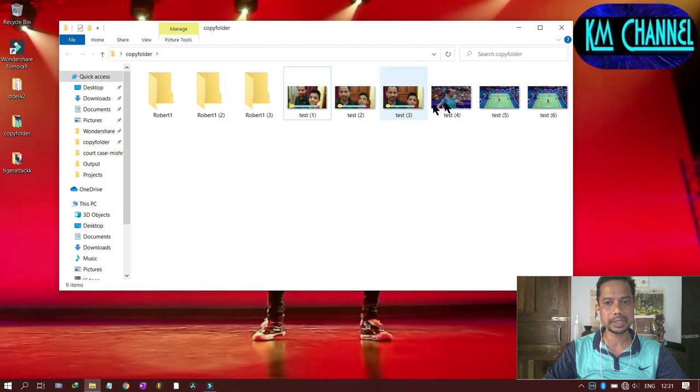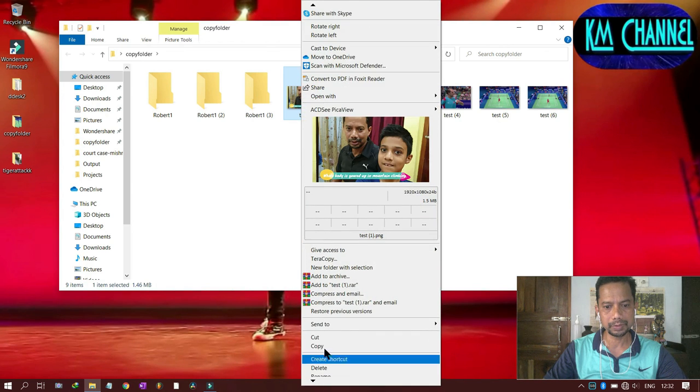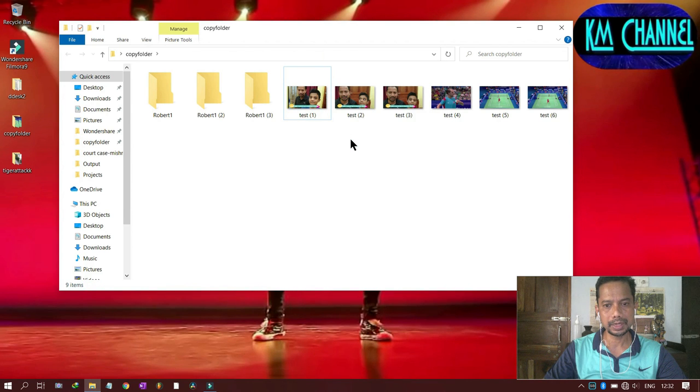create folders, create files. And now I will show you what is the difference between cut and copy command. Cut is basically you're moving a file to another folder, you're moving a folder to another folder or a drive, you're moving a file or a folder to a recycle bin. In that case it will be a delete command, and you right click and you select copy to copy. So you move down and you copy, and then at the same place where you want to paste it, you select paste, and a copy of test1 will be pasted out here.